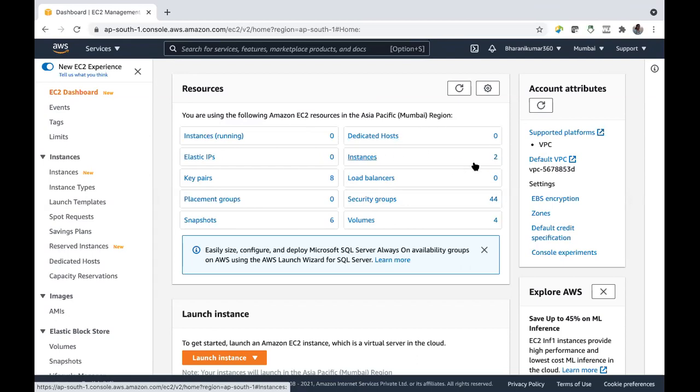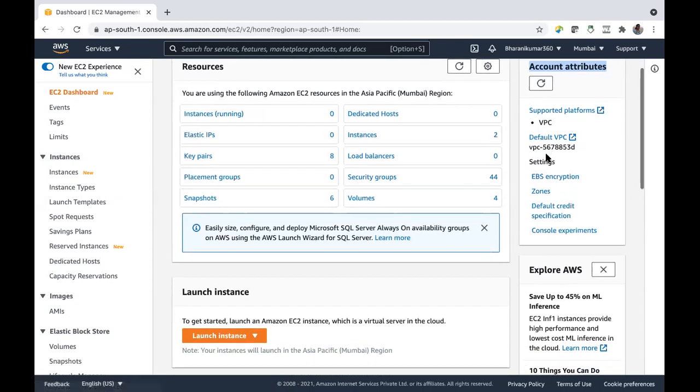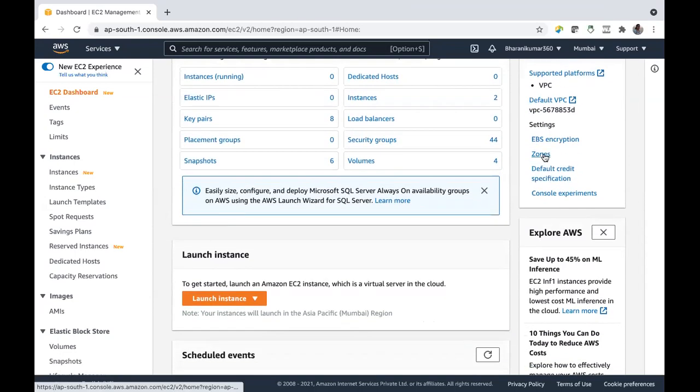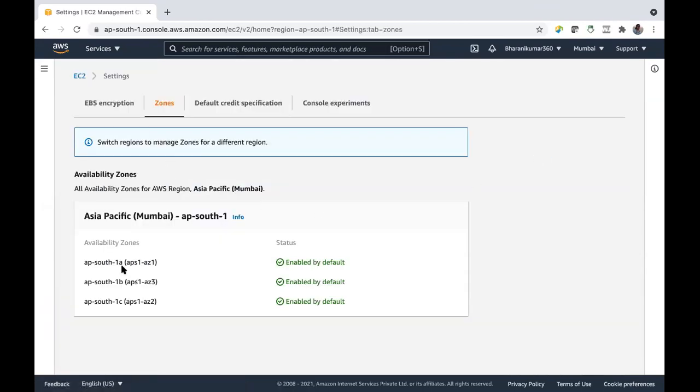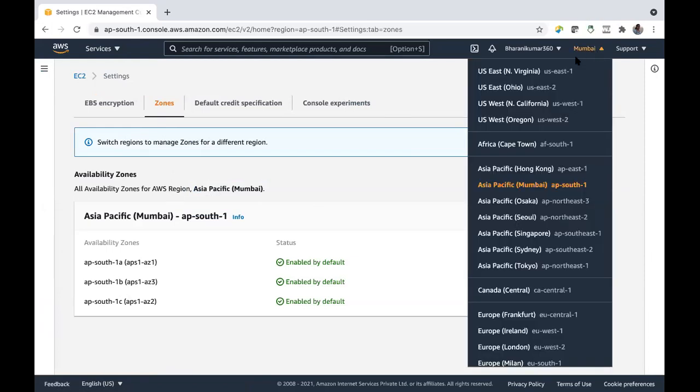This is the EC2 dashboard. Here, if you want, there are account attributes, supported platforms, VPC. These make more sense when we talk about VPC. And this is the place where if you want to edit anything related to zones, you can do that. Right now I have 3 availability zones. I cannot do much in this region, Mumbai. If you go to region, say North Virginia,